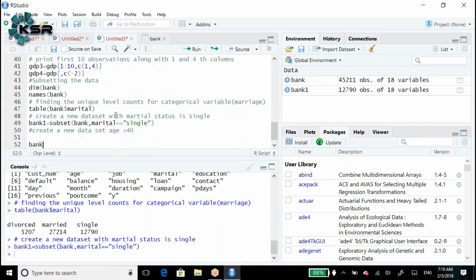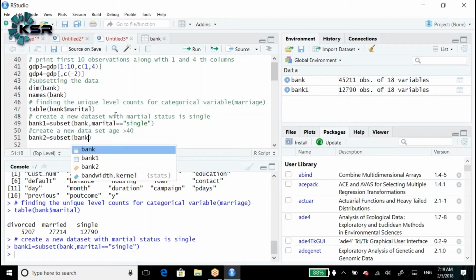Now bank 2 is equal to subset of bank, comma, age greater than 40. Simple.